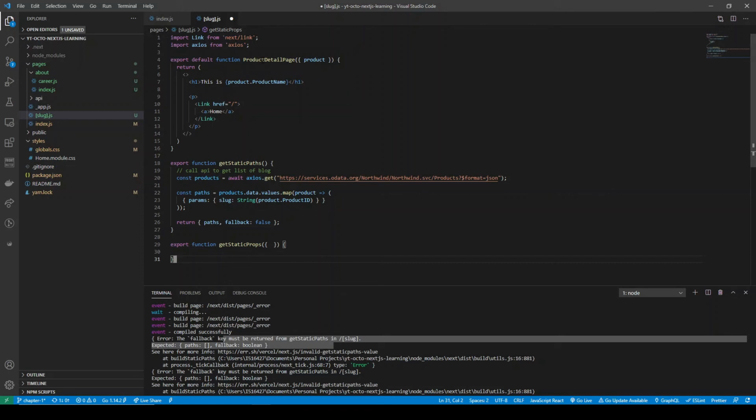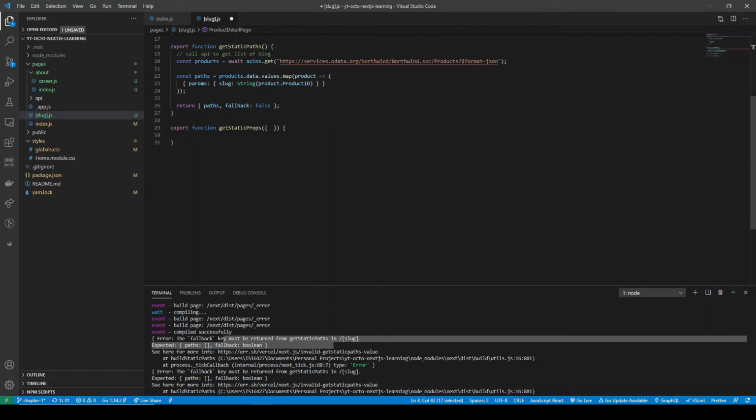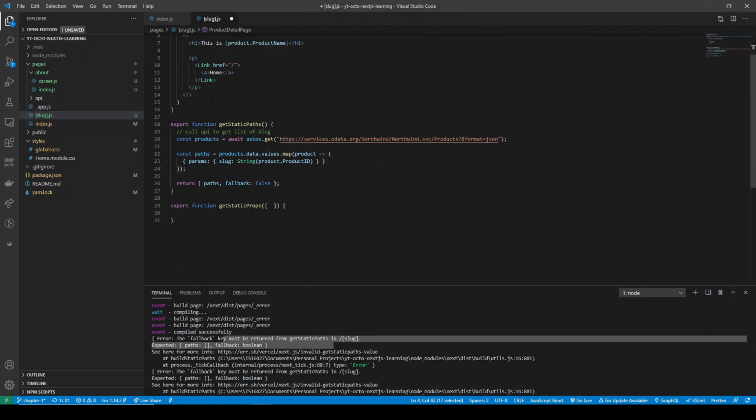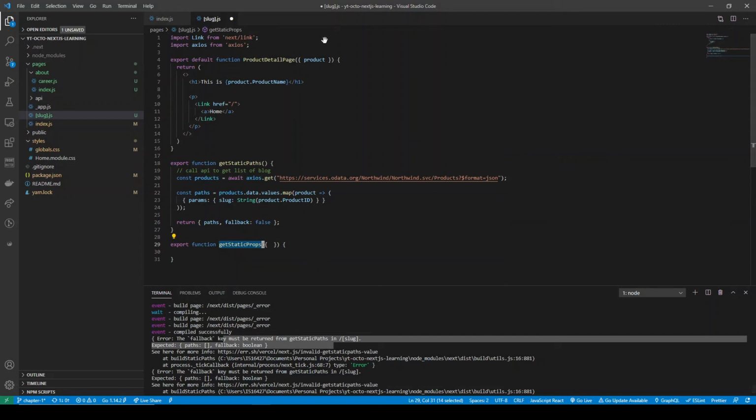So it will first look for the component, right? Then it will see what else method I have exported from this page. So it will find getStaticProps and then getStaticPaths as well. So it will first call this method getStaticPaths. So by calling this method, it will get the array of whatever paths we need to create, and for every path, that is for every this object, it will call the getStaticProps. So this is how it will fetch all the data for a specific product, and then this getStaticProps will return the product data in the props of our React component, where we can just show that particular